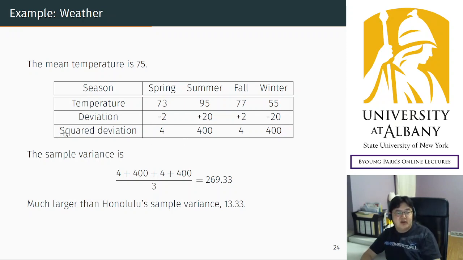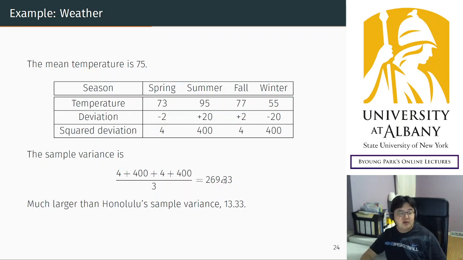And then the variance is the mean of the squared deviations. So you sum these 4 numbers, but because we are using the sample variance, you need to divide the sum by 3, not 4. This is the confusing part, but it's not that difficult if you just apply the formula. It's nothing special. So the answer is